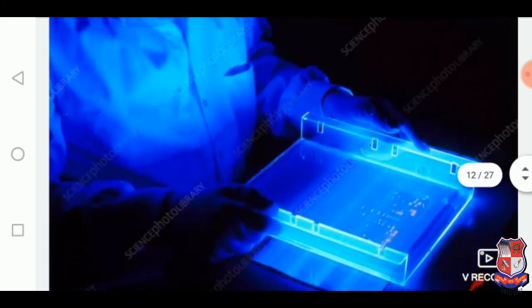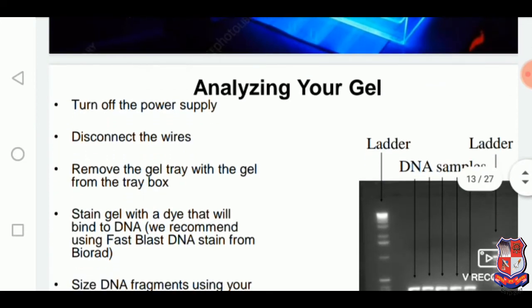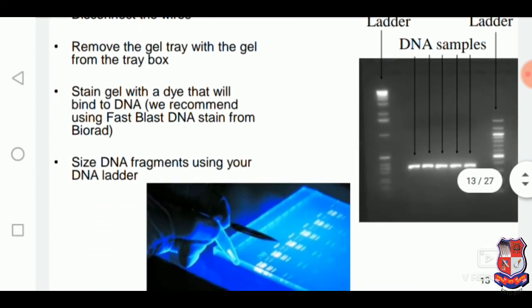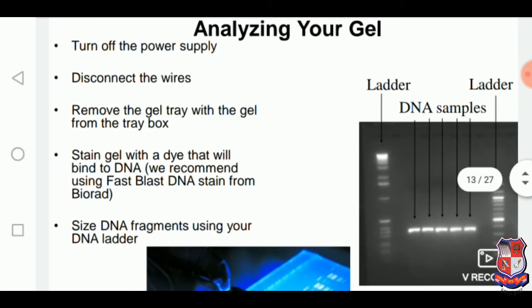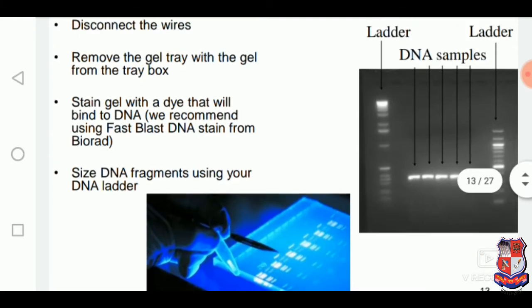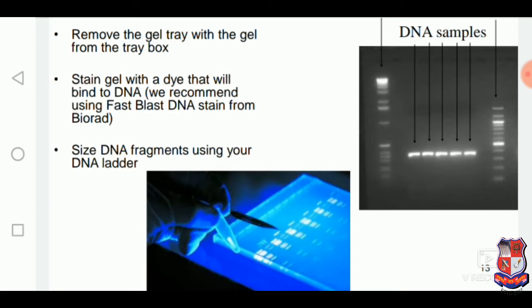Analysis of gel. So in the UV light, as you can see over here, the band will be displayed according to its absorbance. So this is one illustration of how the DNA sample can be visualized under a fluorescence detector or X-ray, in which one can easily identify the sample DNA in the given gel.